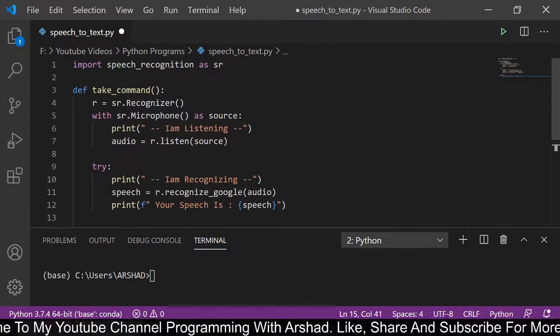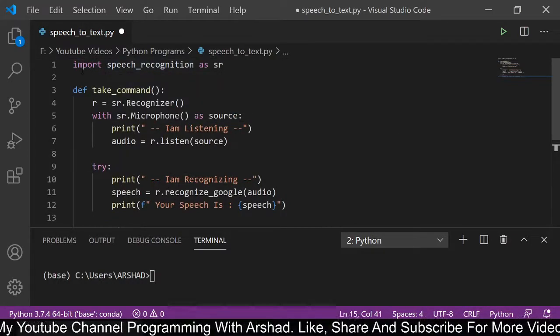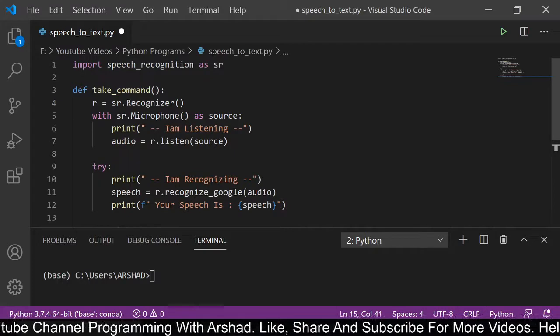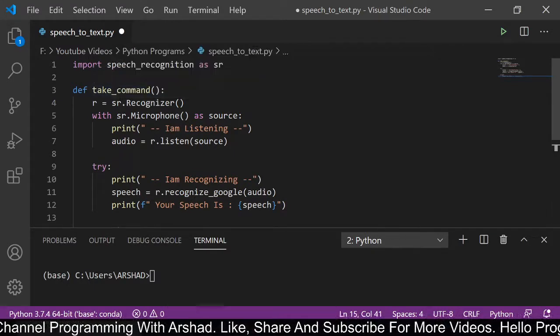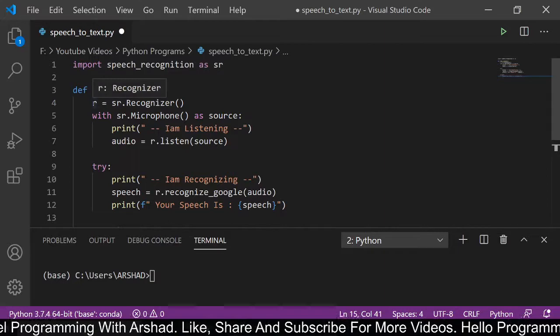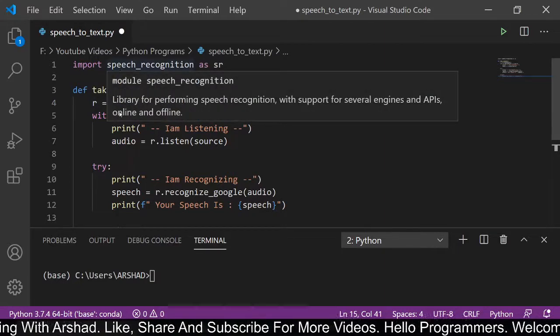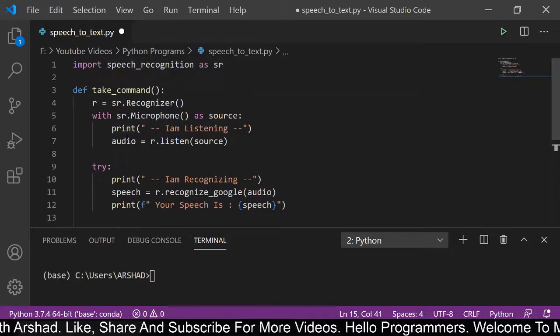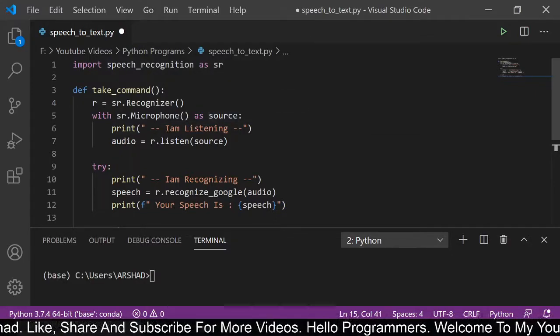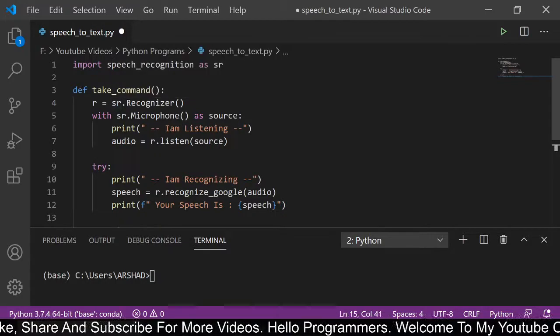First of all, I am importing the speech recognition module, and I am creating a function named takeCommand. Here I am declaring a variable r which will inherit the properties of the Recognizer class present in the speech recognition module. And then with the microphone as source, I am listening to the audio.